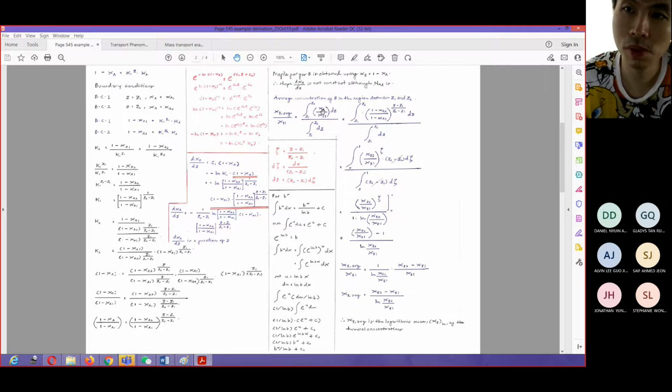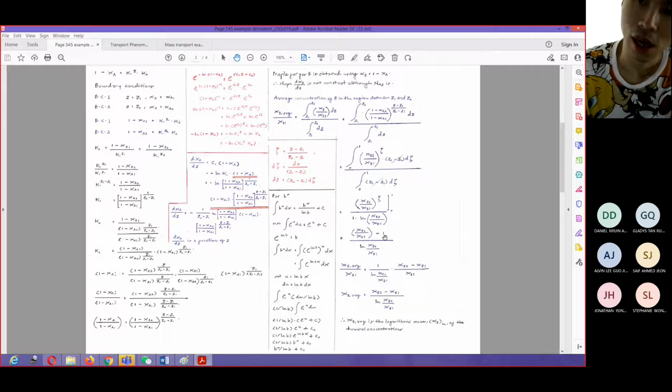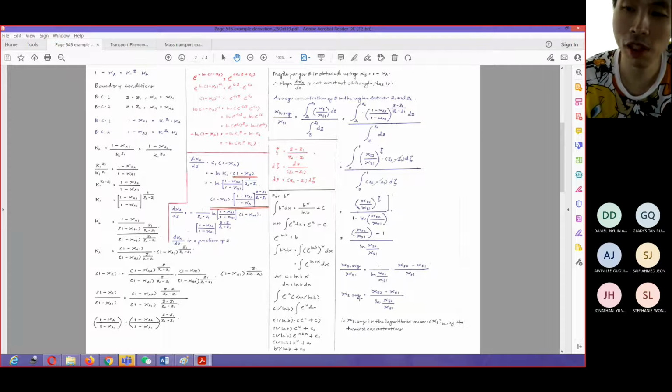Now we put in this one, XB divided by XB1 is basically equal to the left-hand side in here. So what we are putting in the right-hand side in here is basically just the right-hand side of these equations in here. Okay, and then if I want to simplify that further, then I can use these substitutions, and when they start crossing with each other, I can find that basically this XB average will be equal to XB2 minus XB1 divided by ln XB2 divided by XB1. Therefore, the XB average that we get from here is equal to the logarithmic mean of the terminal concentrations.